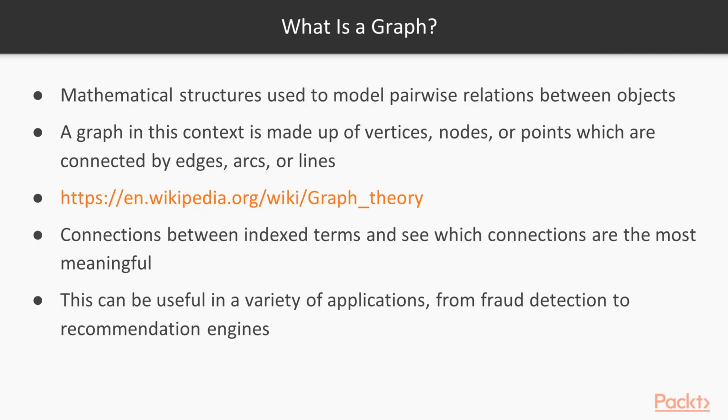So what is a graph? The definition from Wikipedia is mathematical structures used to model pairwise relations between objects. A graph in this context is made up of vertices, nodes, or points which are connected by edges, arcs, or lines. So what we can do within Elasticsearch or in Kibana is use this graph capability to find